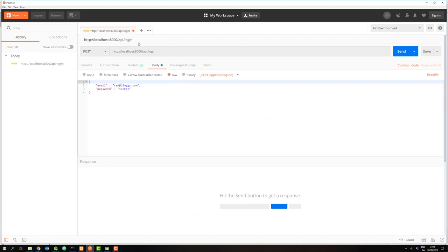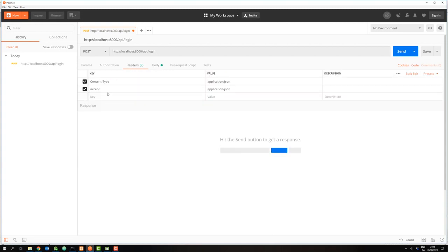So I have my server running on localhost on port 8000. At the URL API login, I can send a POST request where the body of the POST request contains a JSON string with the email address and the password of the user we're trying to log in with. The request is sent with two headers specifying a content type and an accept of application JSON. When I send the request to the server,